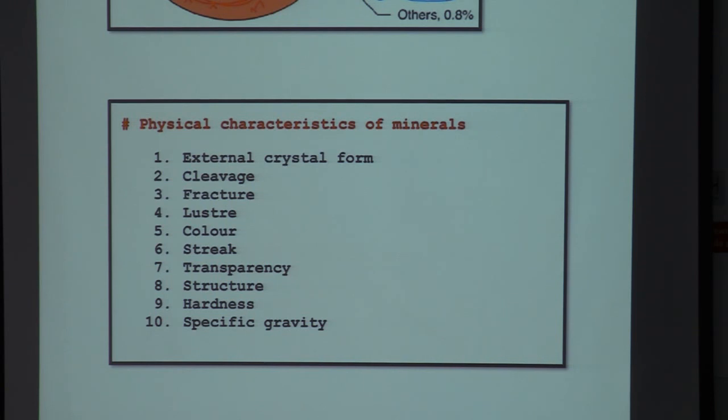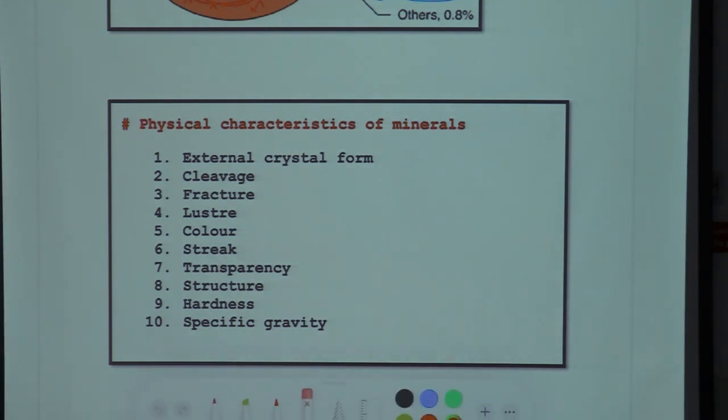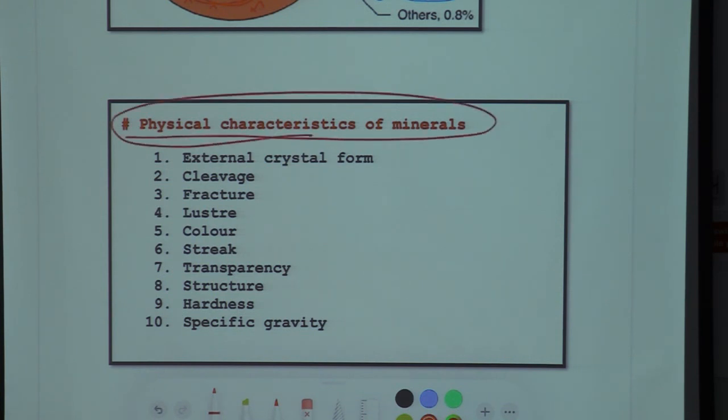If we take the second step in the continuity, the second constituent in our chapter on minerals and rocks of NCERT asks me to be aware of the very clear physical characteristics of minerals. So which are the physical characteristics of minerals? A brief detail is available in NCERT and I need to be aware of them specifically. External crystal form, cleavage, fracture and lustre. These are the 4 major constituents of physical characteristics of minerals, followed by color,